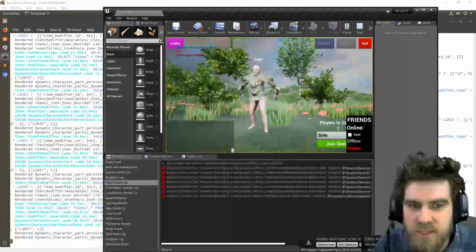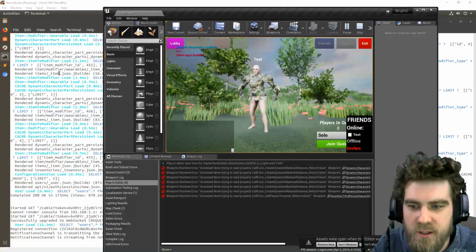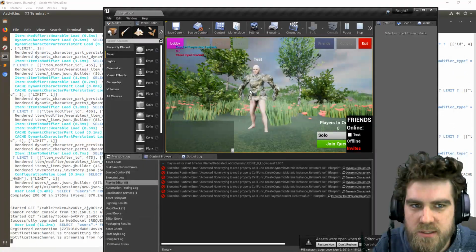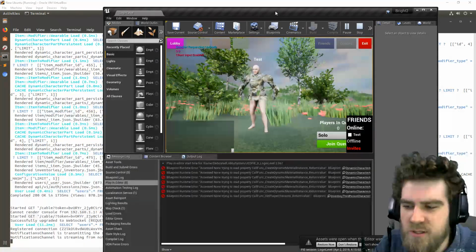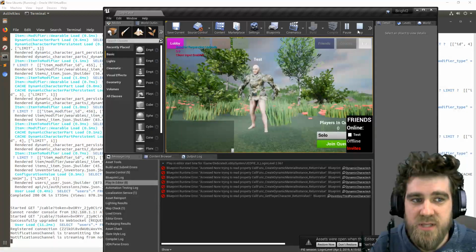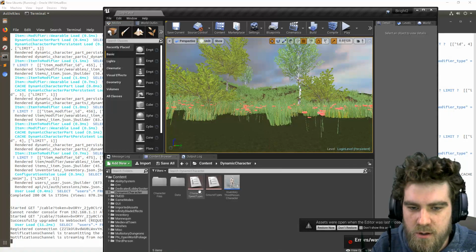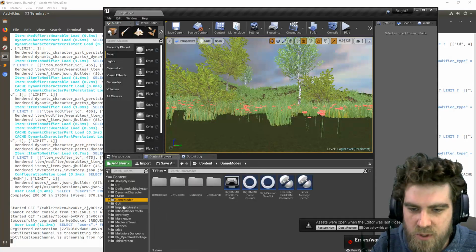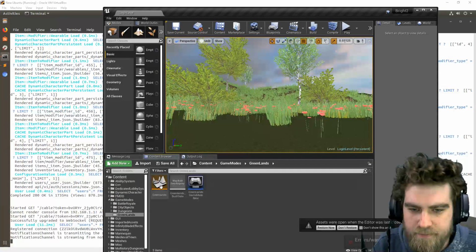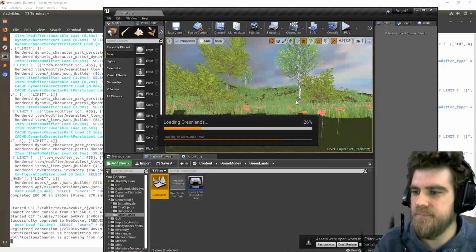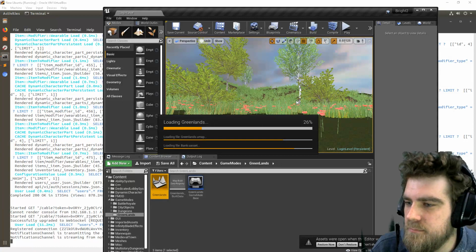But here, this time, it should load. See, it loads the character in properly. All through this. Oh, I can show you the initialization of an actual dedicated server as well. Let me pull up the other game mode. Might take a while. Yeah, I mean, web communication is so simple that